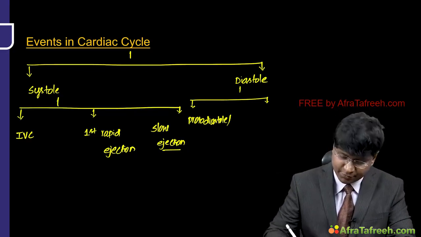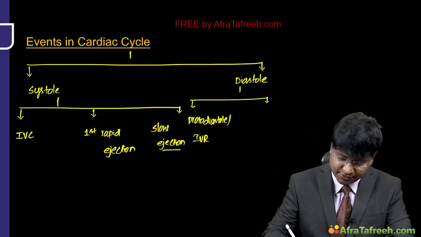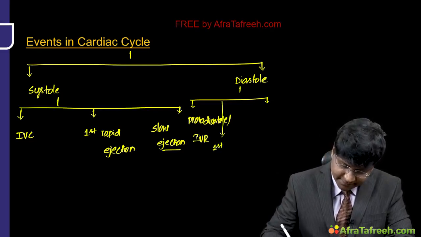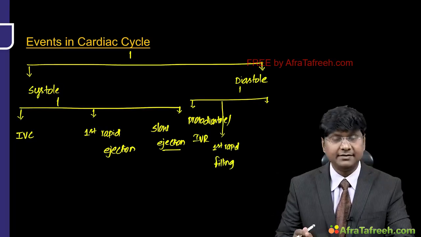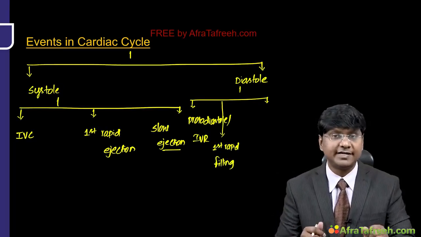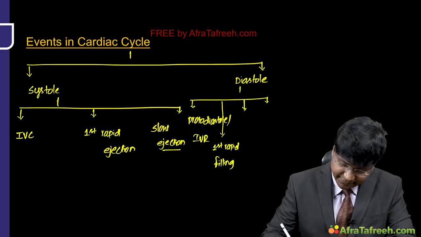Or some textbooks give directly that there is presence of isovolumetric relaxation phase, then followed by that you have first rapid filling. This first rapid filling is due to the opening of the tricuspid as well as the mitral valve. And then we have diastasis,